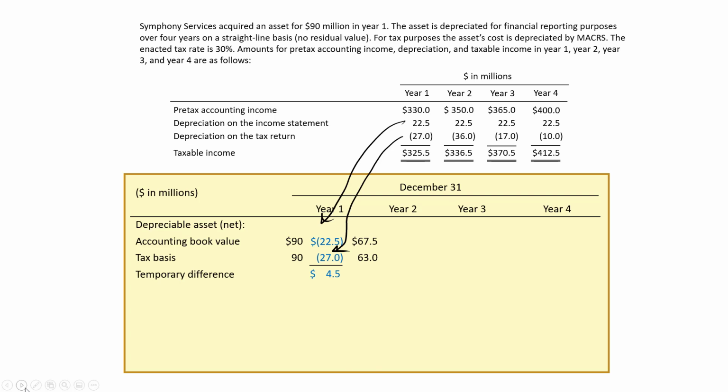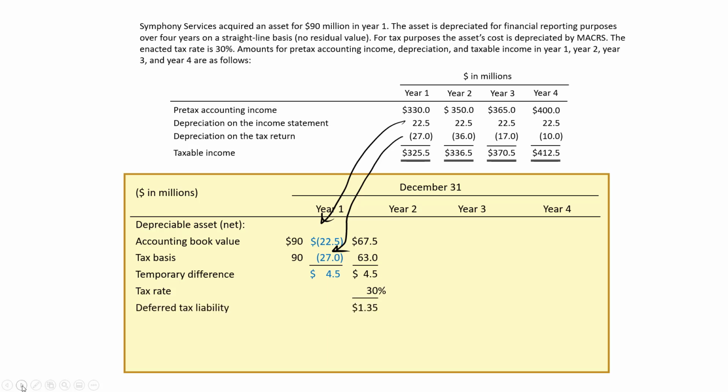Cost minus accumulated depreciation. And our difference between our book value and our tax book value is also $4.5 million. So you see we can come at that from either direction. Now we look at it with a tax rate of 30%, so our deferred tax liability at the end of year one is